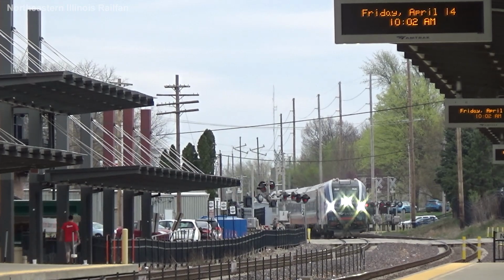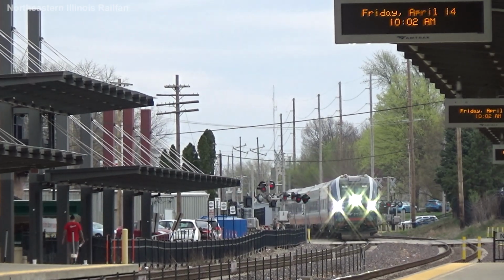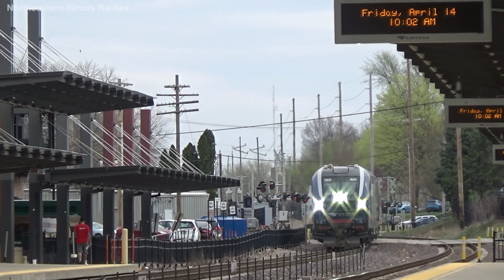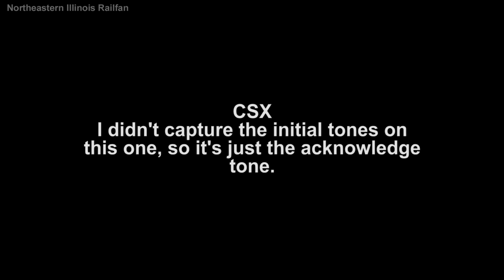Typically, when a train wants to call a dispatcher, they put their radio on the appropriate channel, either the road channel or the dispatcher channel if they're separate, and send a series of DTMF tones similar to how dialing a phone used to work. The employee timetable will list the tones needed to activate the dispatcher. The dispatcher tower that receives the call will then respond with an acknowledgement tone, which is different depending on the railroad. CSX,